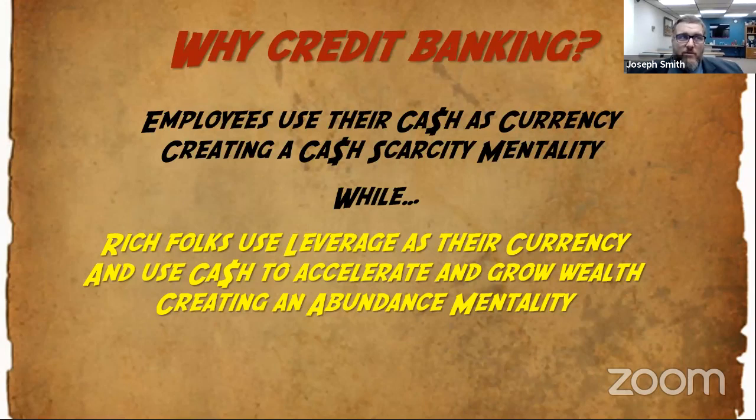So if we have money that comes in and we convert it into credit, we haven't really lost anything. We've just changed the currency that we're using. Following me? I went from US dollars to now I have euros. I've gone from euros to now I have yen, right? Whatever it is, we're just changing the currency. So what rich folks do is they use other people's money as their currency. They use the credit to pay off their debts, to purchase things. Their cash that they have, they use to service that debt.